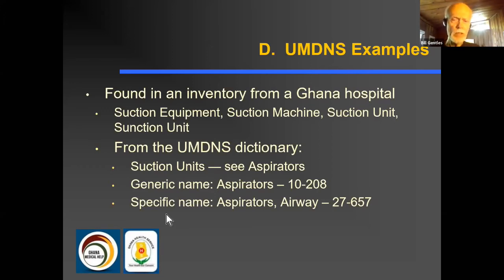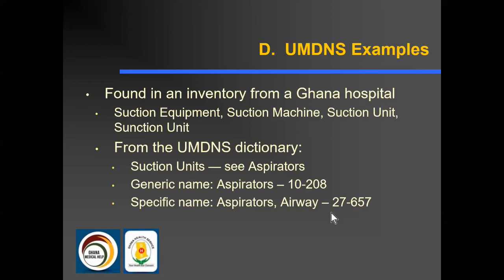The specific name for the suction machines in this Ghana hospital would be aspirators, airway. So it's an airway aspirator rather than a surgical aspirator used in the operating theater. And it has this code. So as part of the implementation of the inventory system here, we're going to be making available this dictionary of